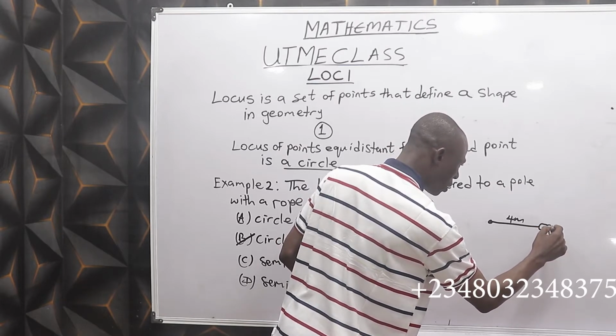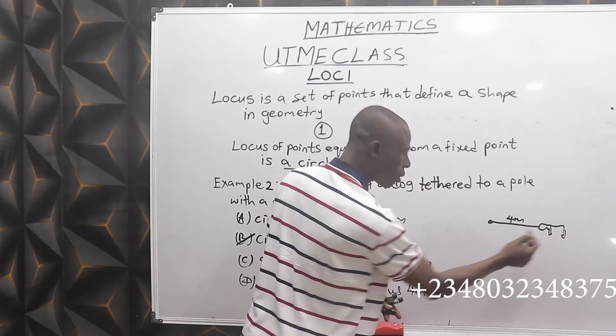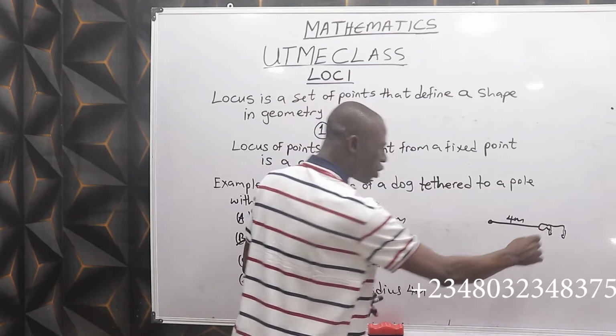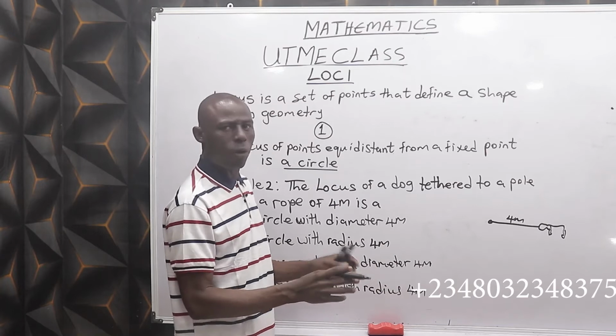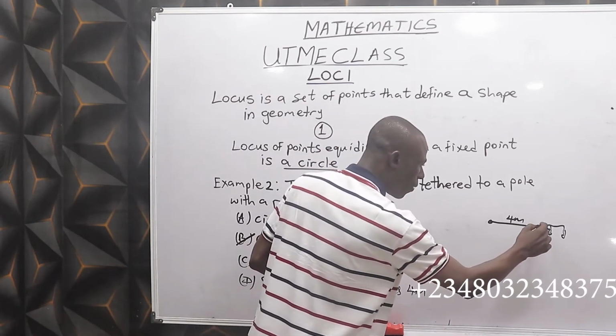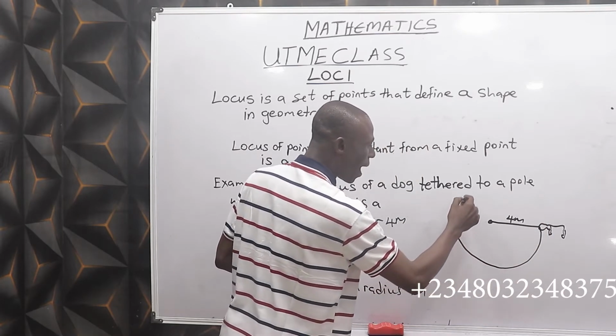Don't mind me drawing something like this. That means this is the neck of the dog with the rope 4 meters. That means the region that dog can cover, if it chooses to be roaming around, the region the dog can cover is the extent of the radius of that